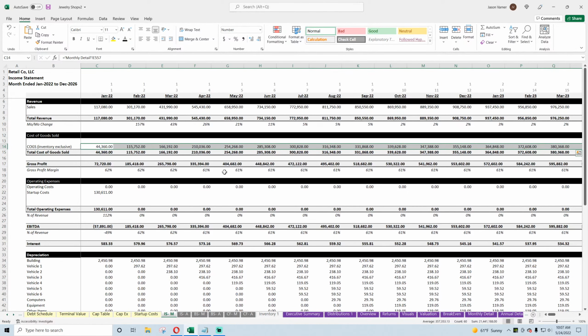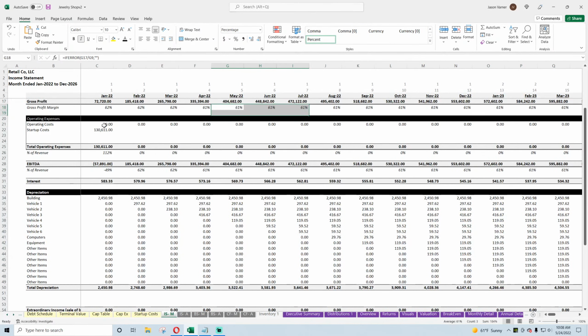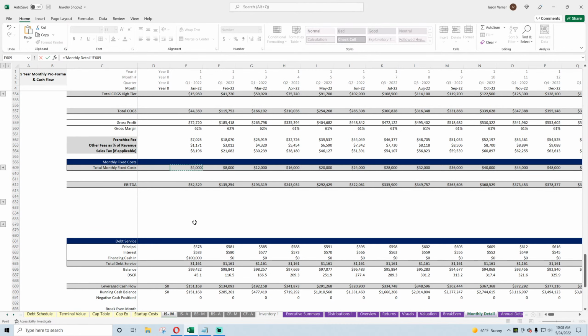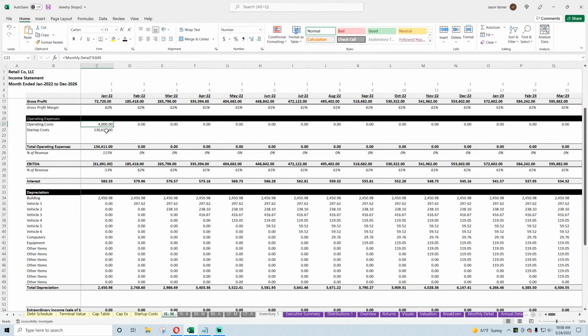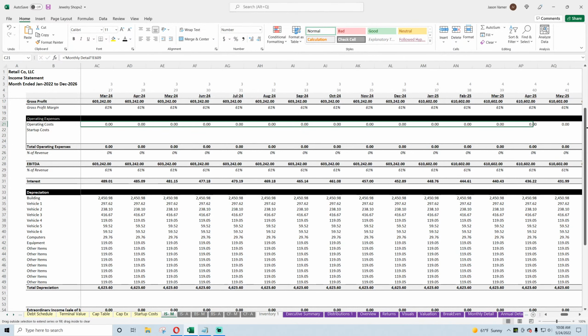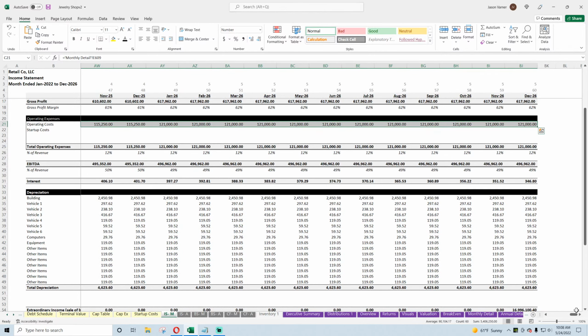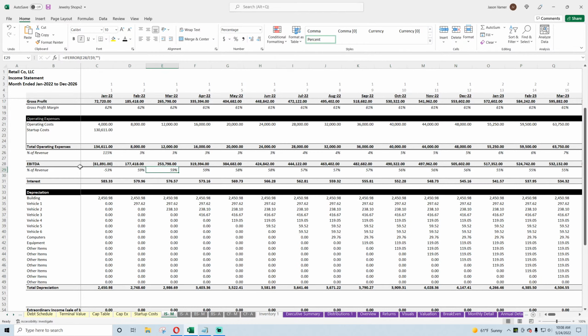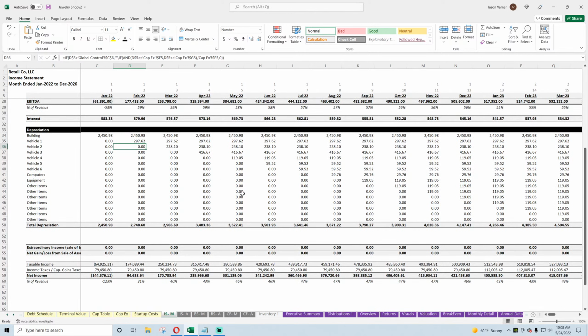Then you've got gross margins, operating expenses. Should be pretty straightforward. We have total fixed costs, and startup costs we have here. Okay. And then we have EBITDA, earnings before interest, tax, depreciation, amortization. All this depreciation from the CapEx schedule, it's fine. We need to do